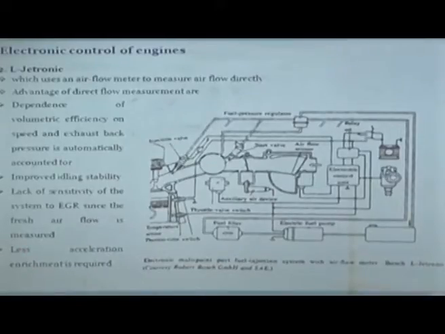You have to enrich the fuel when you accelerate also. That requirement also goes down here. So here the rest of the things are the same. You see, this is the cylinder, again temperature sensors are located, this is the tank, electronic fuel pump. The difference is the ECU, distributor, battery, etc. Everything else remains the same except this part.